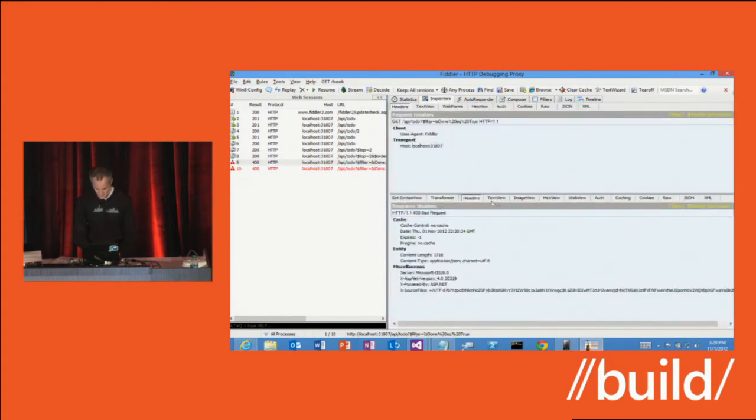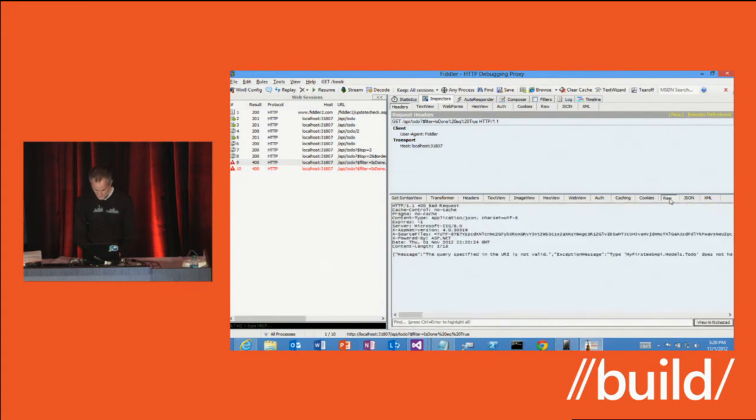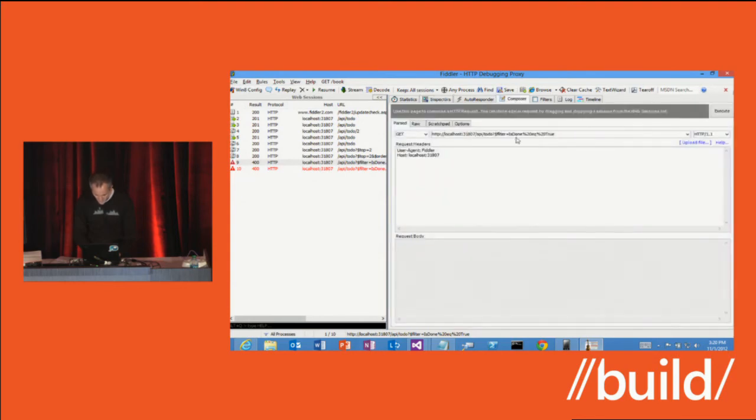Let's see, where's the response? Query specified is not valid. Does not have a property true. So I must have typed my thing wrong. Filter.